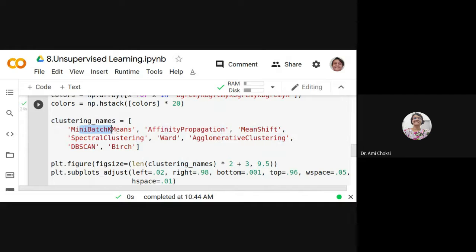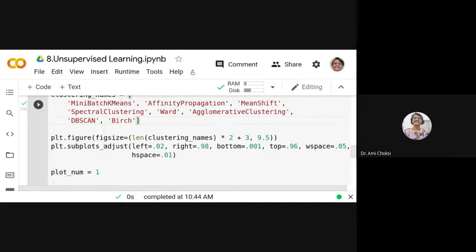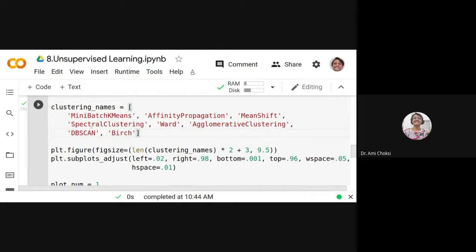This is for K-means, this is for affinity propagation, this is for mean shift, spectral clustering, Ward, agglomerative clustering, DBSCAN, Birch. You can say that we want to have only 3 algorithms. It is up to you. Here we have specified many more, so you can have the idea how they work, right? These are 3 algorithms we are studying here. We are implementing here for our subject, but there are many more, right?